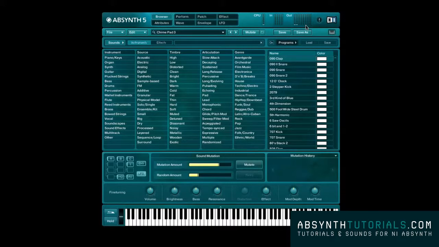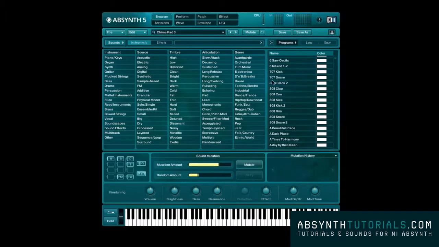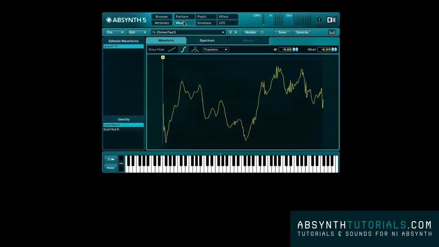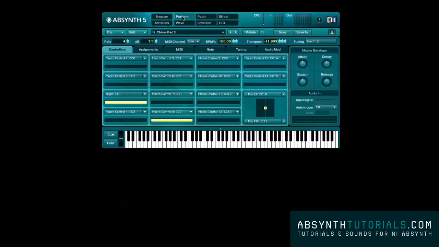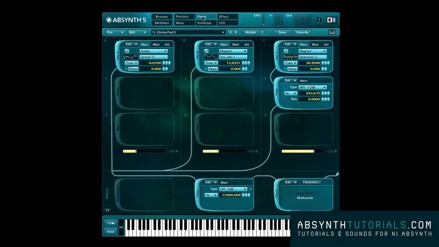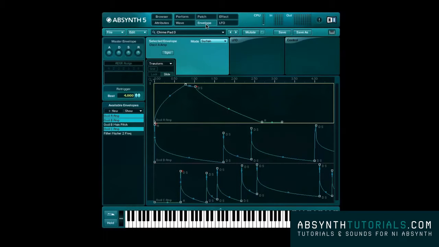We have now browsed through every window on Absinthe 5, covering all of its features and individual parameters. So, by this time, you should know how to choose and mutate a sound from the library, edit an existing waveform or create it from scratch, select macro controls to control parameters on the fly, generate, filter, modulate, and process new or existing sounds, set your audio's envelope reaction to every note being played,